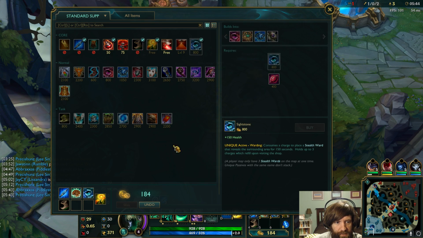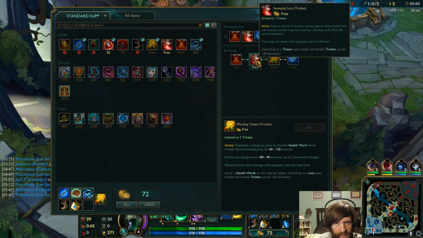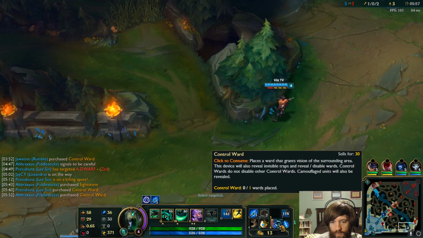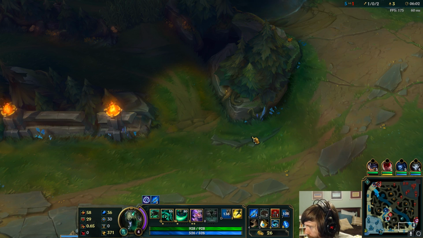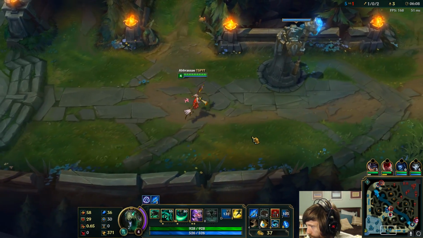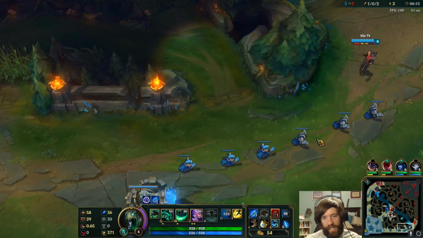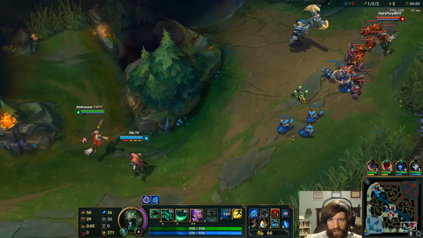Trying to think of how I want to build him. I definitely want this. I might go ahead and try to rush the forward item here, because it's really important to get vision as Fiddle, especially early on. Yeah, if I would have silenced... I didn't know Vayne was going to flash and go for that. I could have played that a bit differently if I knew she was going to do that, but...